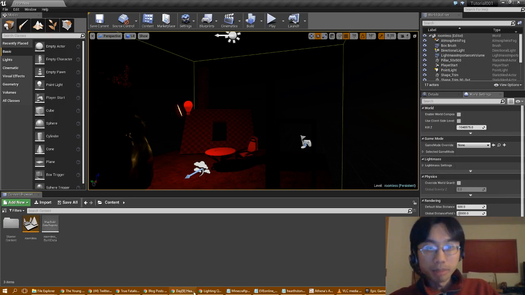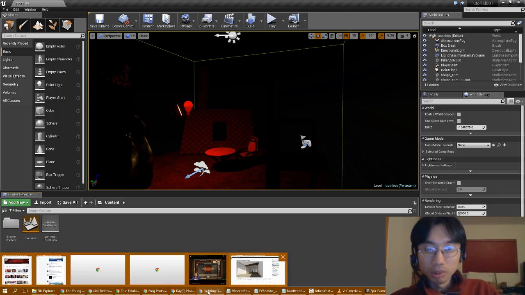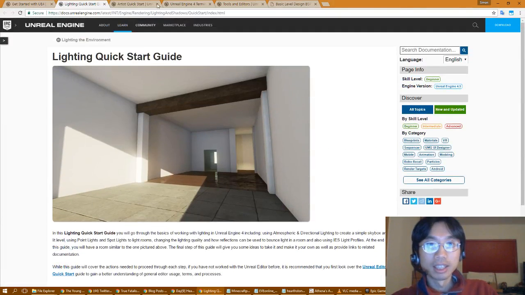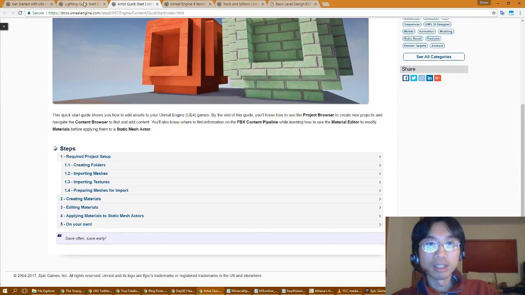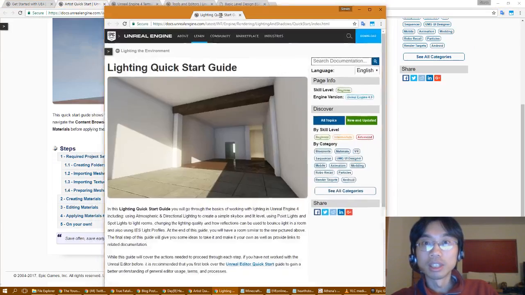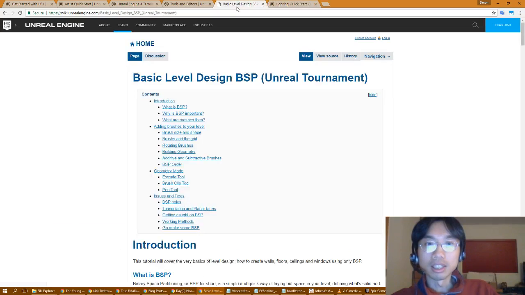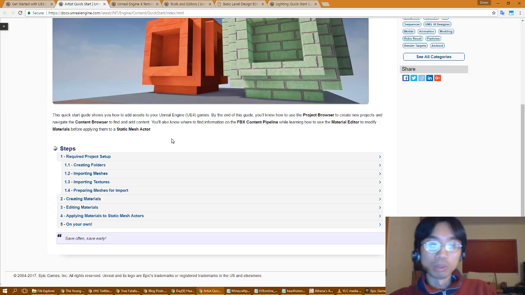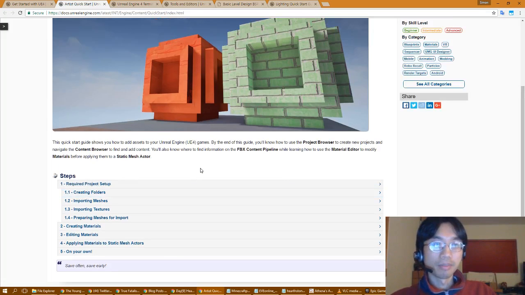And when we come back, I do want to continue. I think we'll look at the lighting quick start guide. Oh wait, no, that comes afterwards. Hold on. You know what? We don't need that there. Basic level design, adding brush. I don't know if we need that. So we're going to look at the artist quick start guide, and then we're going to think about